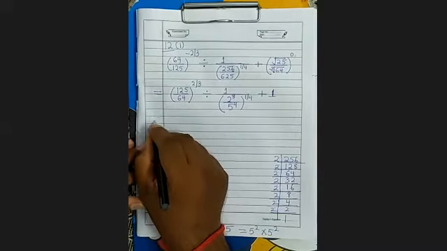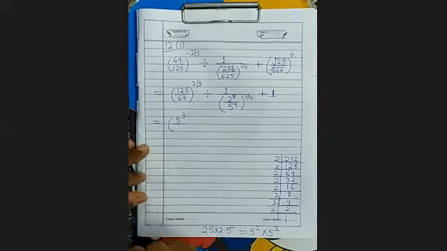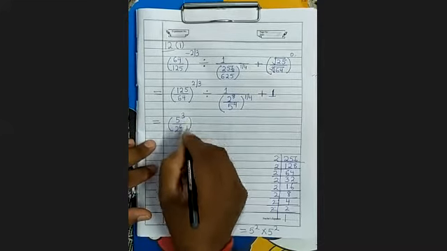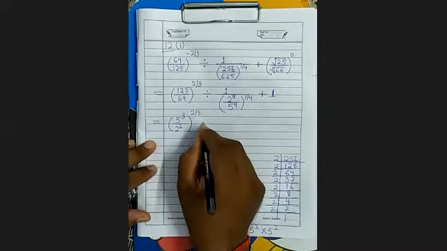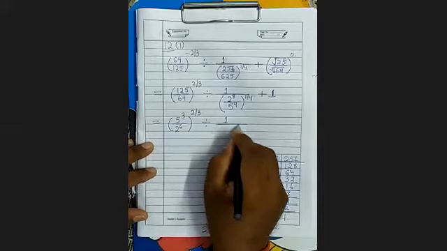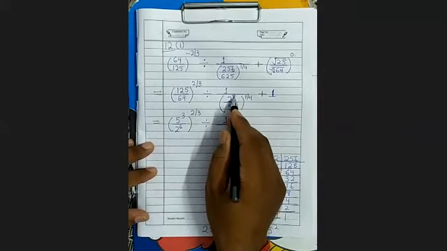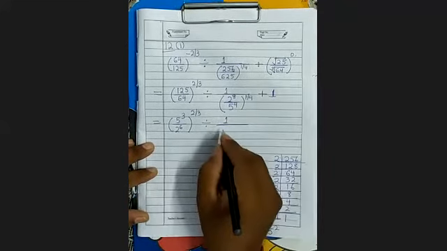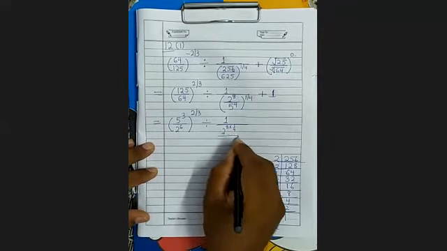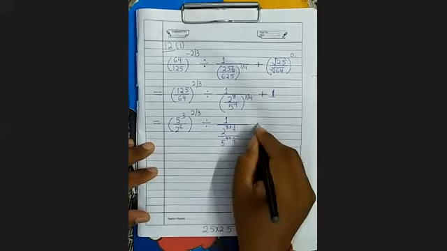So see here, 125 is how much? 5 to the power 3. 64 is 2 to the power 6, whole to the power 2 by 3. Divided by, when you open the bracket, what will happen? Since there is a successive power, therefore 1 by 4 will multiply with this as well as with this. Means in the numerator it will be this. Write the power a little higher: 4 into 1 by 4, plus 1.